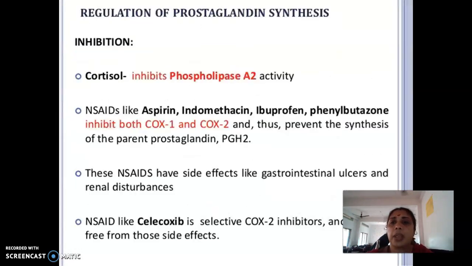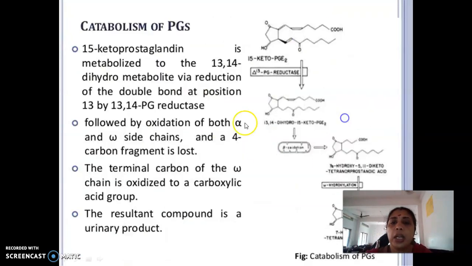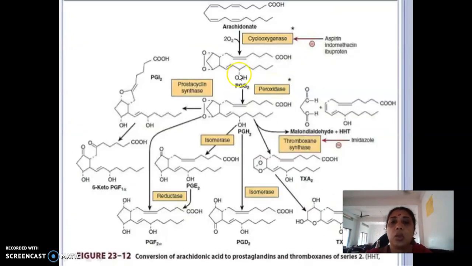Oxane ring system. This is known as the oxane ring system, thromboxane. So thromboxanes are made up of an oxane ring system, while prostaglandins and prostacyclins have a cyclopentane ring system. Prostanoids have characteristic rings. In the case of prostaglandins and prostacyclins, there is the cyclopentane ring system, while in the case of thromboxane, it is not the cyclopentane, it has an oxane ring system.